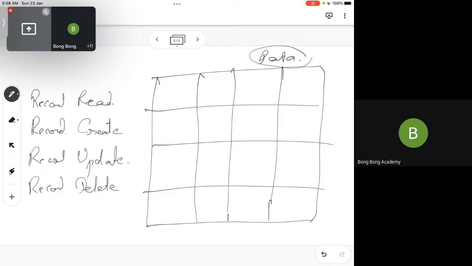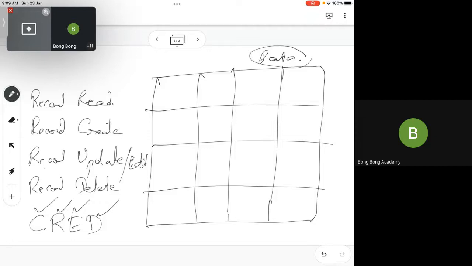So in Salesforce, we call these CRUD operations, or CRED operations. Both are the same, but we'll use the word CRED because it will be easier: create, read, edit, delete. Remember this word. If you use the word update, then that becomes CRUD, but we will be using CRED. So you can create a row, read a row, edit a row, delete a row. Update is also called editing a row or changing the row.